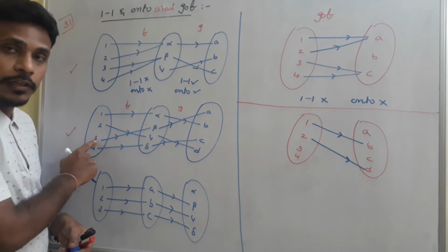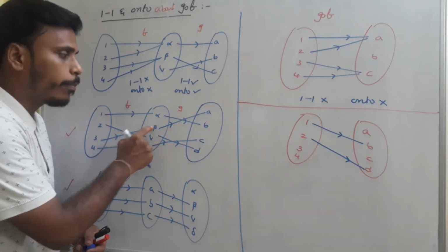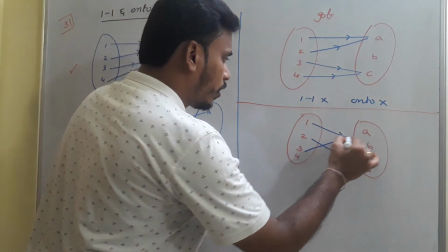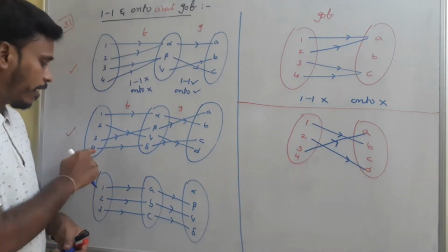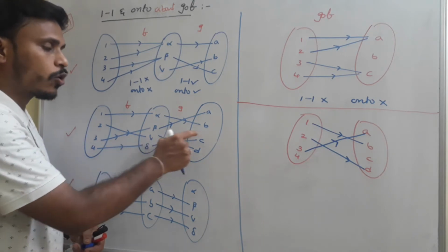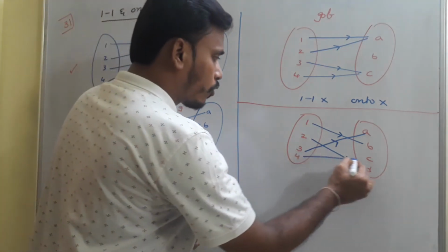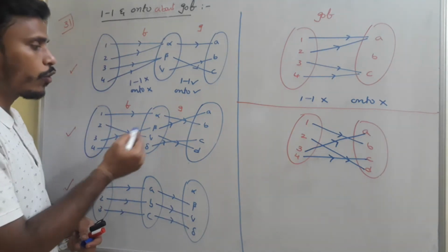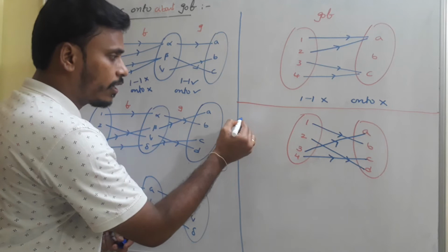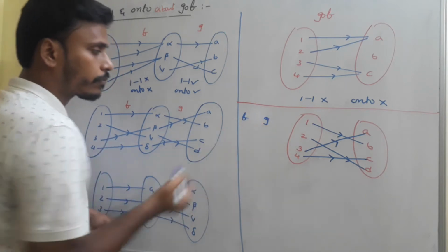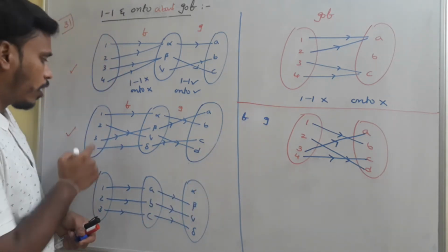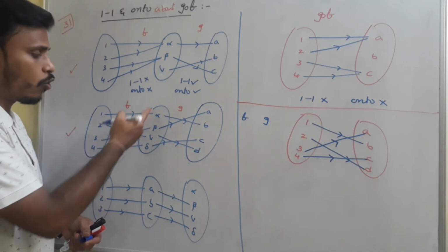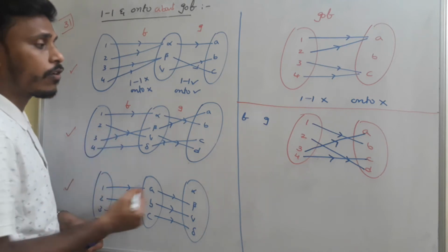Next we need to start with 3 to beta, beta to A, so we need to connect 3 to A directly. Then 4 to delta, delta to C, so we need to connect 4 to C. Just have a look. What do you say about 1-1 and onto nature of F and G? Okay, I am taking here F, G. F, whether it is 1-1 or not. F is clearly 1-1. F is clearly onto. When you look there, no element is empty here and different elements have different images.